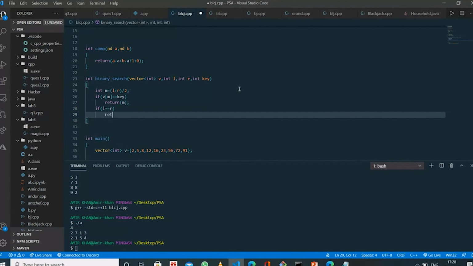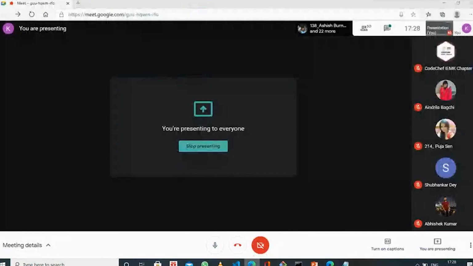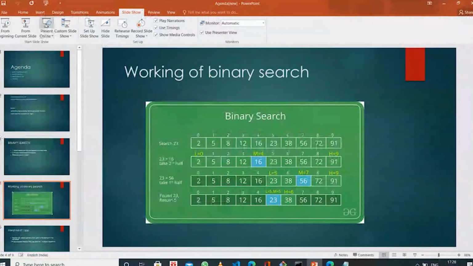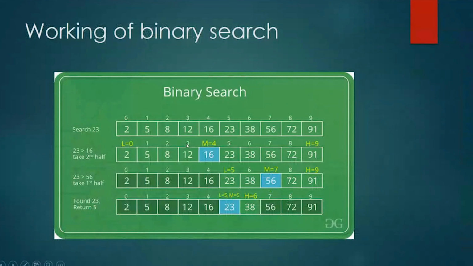And again, if L is equal to R, we will return -1. So why am I taking this condition? Wait, I am telling. See, let's say we have 24 instead of 23. So in this call, here is 23, and we will compare it with 24.